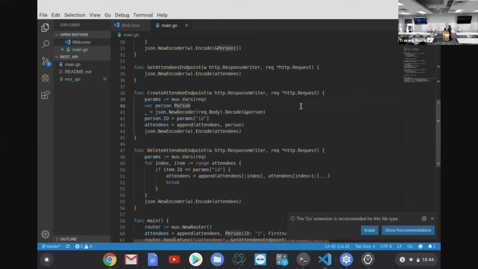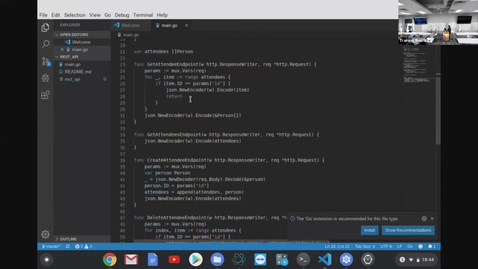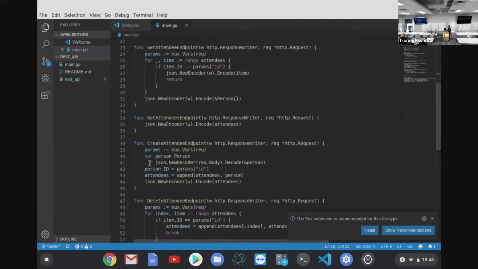So what this is doing originally is this is the params here where we create attendee. Mux is our router that we had before. So Mux is able to actually go into this request that we see here and turn this into parameters. So mux.vars creates the parameters in the type that they are mentioned in this struct. And then we have this var person, and here where we have